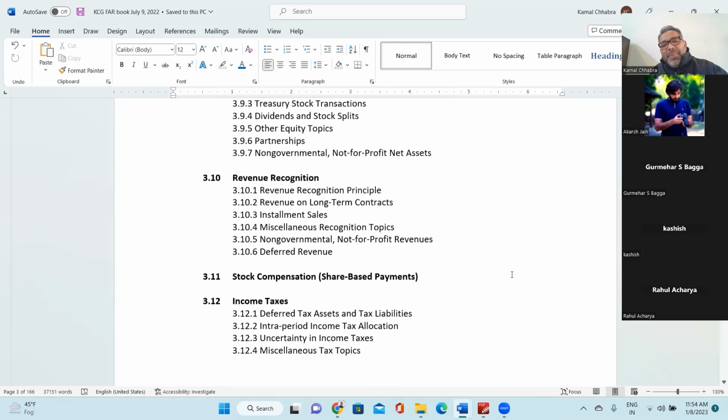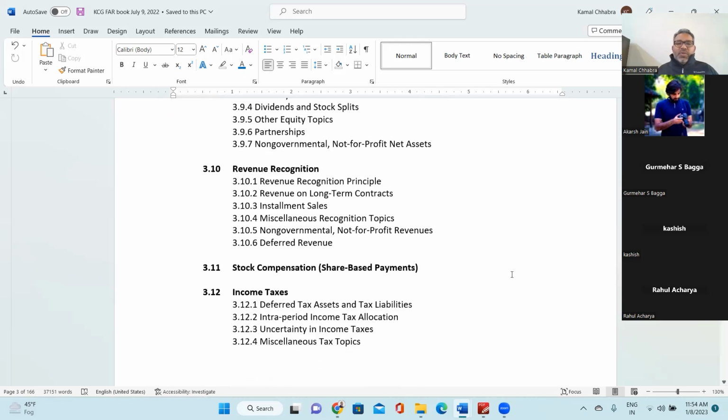Then after that we'll be jumping into revenue recognition. So far we've discussed all the items relating to the balance sheet. Now we are jumping into the income and expenditure side. In revenue recognition, we'll be understanding the 5-step model, which is very much aligned with IFRS: identification of contract, right? In that contract, identification of performance obligations, then identification of transaction price, allocation of transaction price to the performance obligations, and finally recognition of revenue. These 5 steps we'll be discussing in detail with a lot of examples,